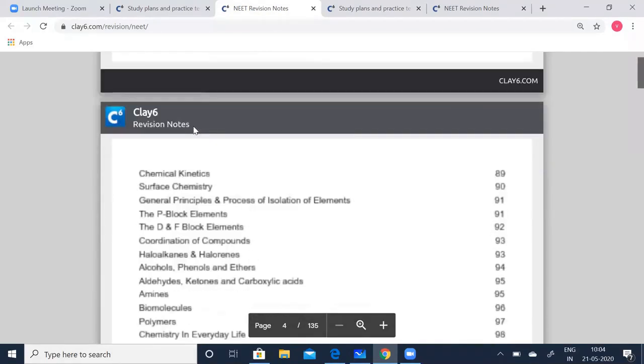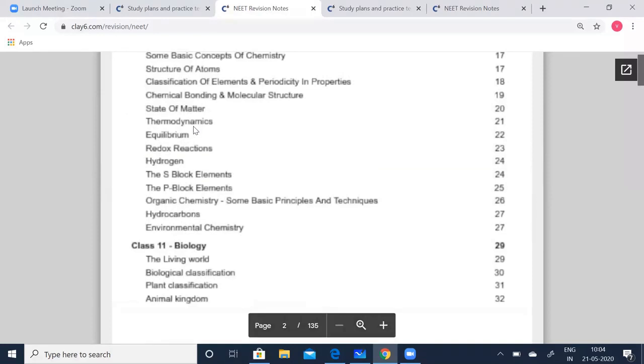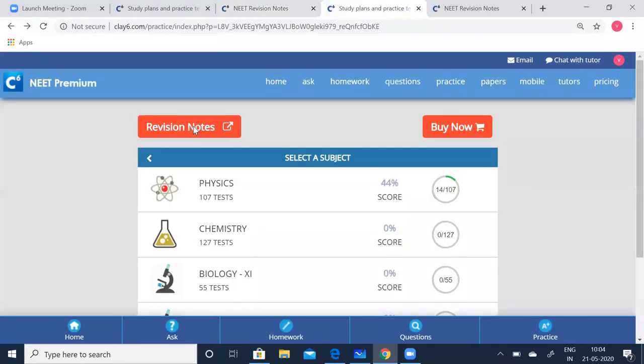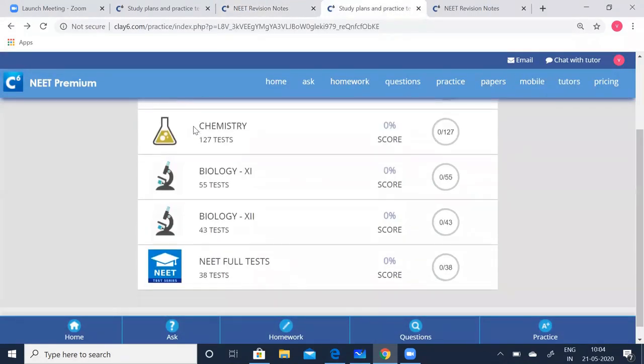As you go through them, make thorough note of all the formulas and the important tips which we have given, so that it makes things easier for you to remember while attempting the exams. Even you have ample physics, chemistry and biology tests,